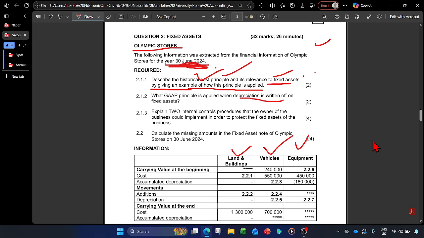Then we also have prudence, which says that assets must not be overstated or understated. Prudence often applies more to the bank reconciliation statement or other reconciliations, because that is where mistakes of overstatement or understatement usually happen. Then there is also materiality, which we will apply and read about. But there is another one that talks about the future. Yes, it is going concern. It is concern about the future of the business. Once you see something about being concerned with the business's performance in the future, that one is going concern, right?